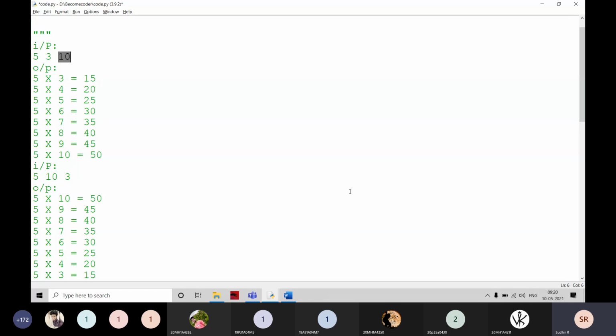Manju, is it working for normal input? You are checking for this case only. Check for this case also. I want the output for both types of inputs.